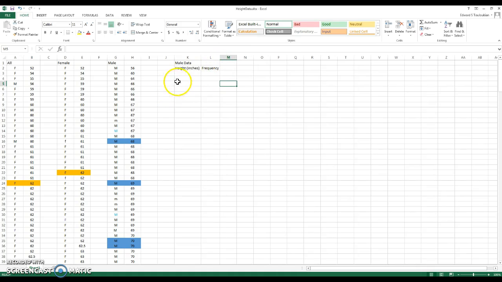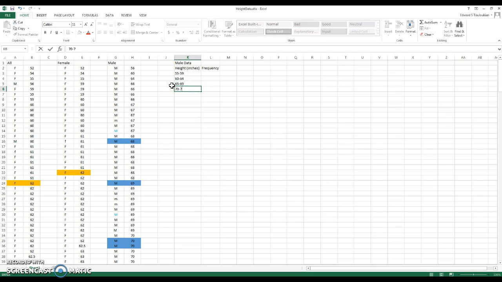Now to do this, we need class intervals. And on the assignment, it says to use 5 inches. So if I look here, 56 is my lowest right now. So let's maybe go 55 to 59. That might look like 4, but it's actually 5 because if you count all those up, you get 5. Then the next range would be 60 to 64, 65 to 69,